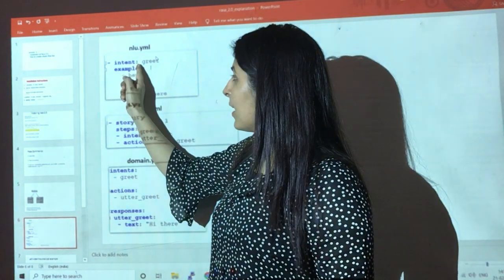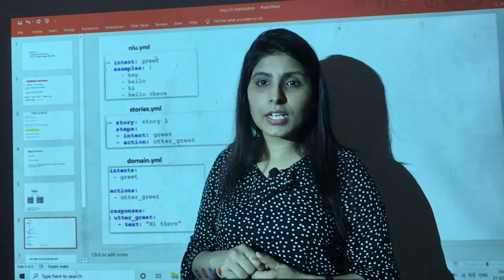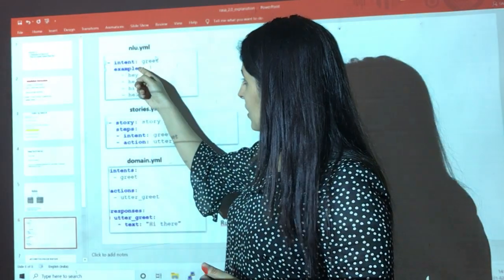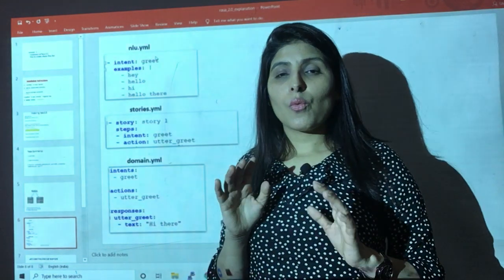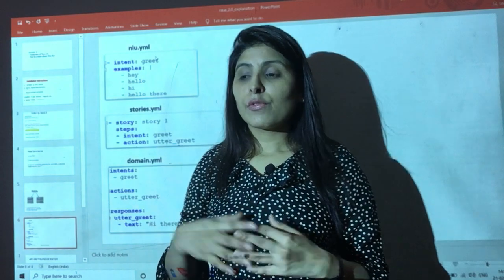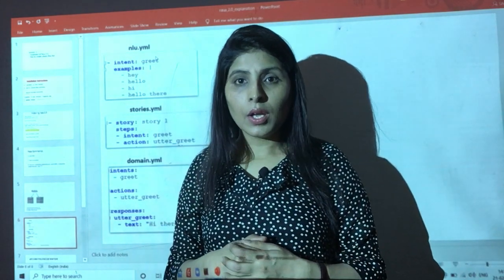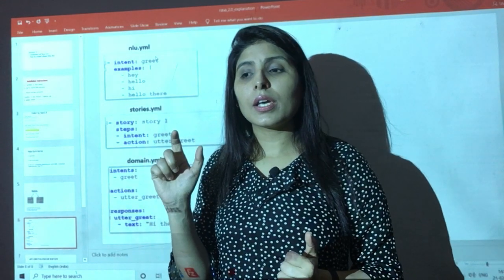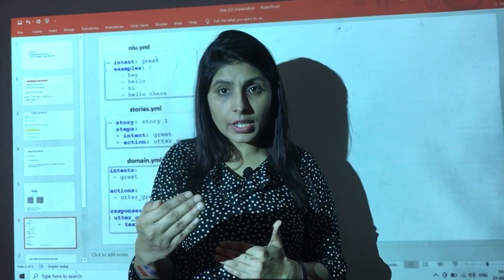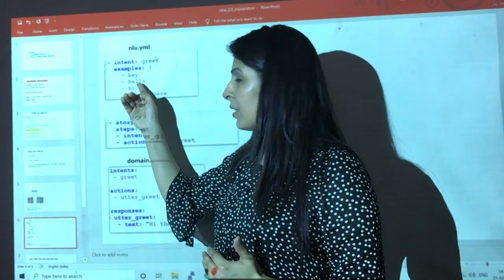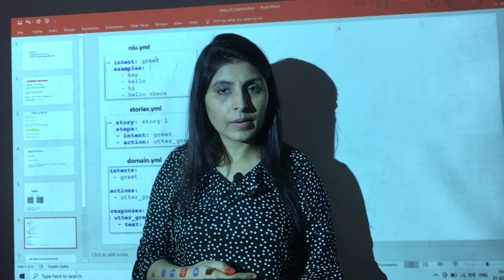So hyphen intent, over here we are writing the name of the intent. So the intent is greet over here. And these are the different examples we are writing over here. So what we are doing is training our Rasa NLU that if the user has intent greet, meaning if the user is greeting you, then these are the different examples which the user can use while greeting, right?